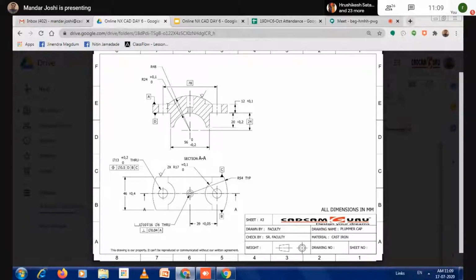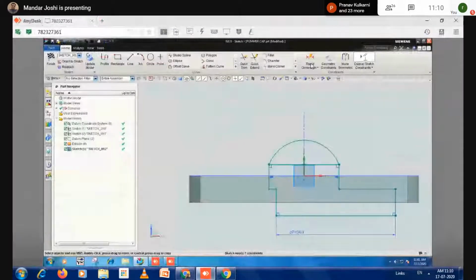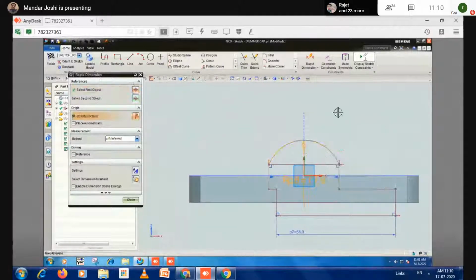This point to this point. Can anybody tell what is this length? 48 radius is there. First I will do a 48 radius. That will be a better option. So I select this rapid dimension, then use this R. This becomes 48.